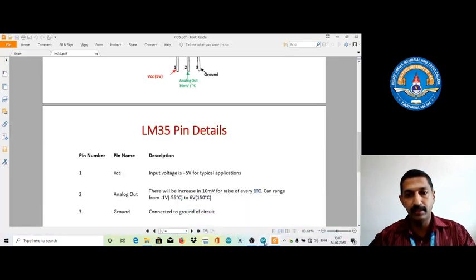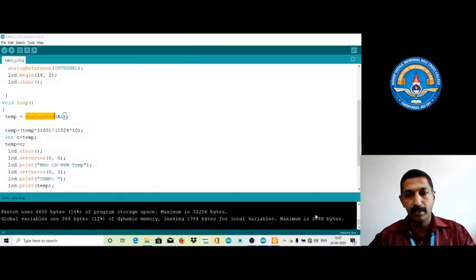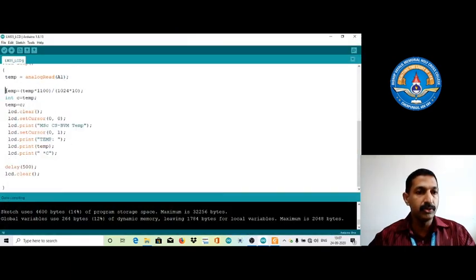So these are the files. Back to our Arduino window. This is the formula we need to display the value of temperature on the LCD display. int C equals, simply we are converting to an integer value. Before, using temp directly, the value would be displayed as a float, that is, with some floating points.